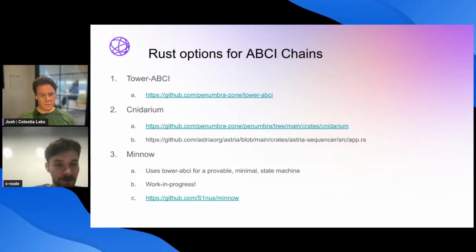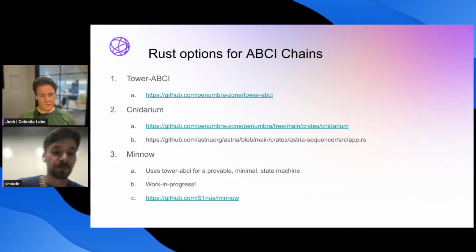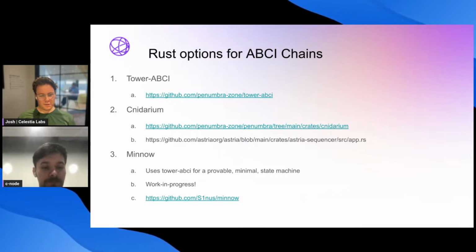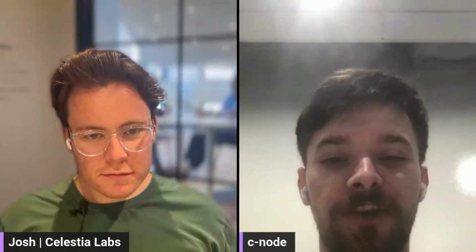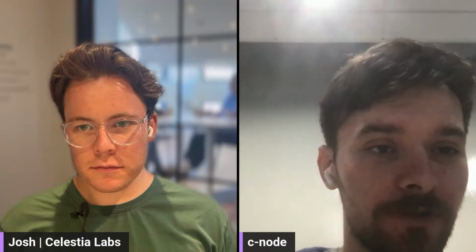So if everybody's cool with this, I think I'll just load up VS Code and I'll just start working on Minnow, and I'll explain what I'm doing as I work on it. Sounds good to me. And if you are curious about anything during the workshop here, please drop it in the chat and we'll get to it. Yep, this is interactive, so please ask questions. I'm going to be live coding some esoteric, obscure code. So